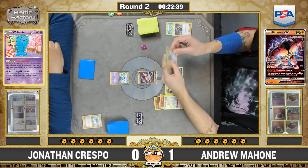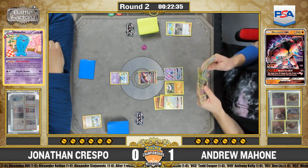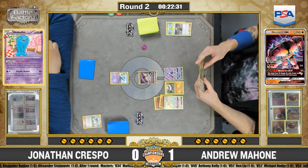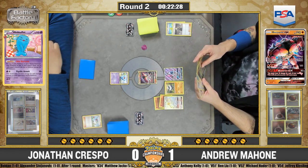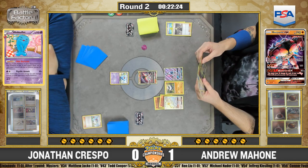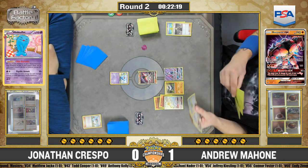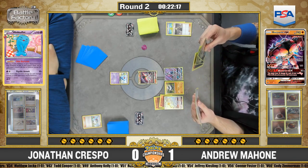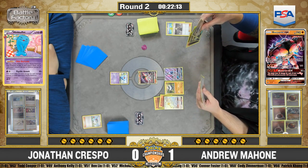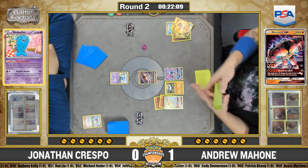We see a Floatstone, last card Max. Oh, if he hits it. And he has another Fighting in his hand, yeah, too. He has another Fighting. If he's still fine for next turn, but if he hits it with 3 Fighting between hand and board, 2 in there, he's literally got 4 Fighting Energy in his entire deck that he would have to be able to find. Ultra Balling away an energy, I hate that. But he doesn't know. He doesn't know. So he doesn't realize that that's actually a really... I mean, in the end, it's not that bad because Carbink, but...